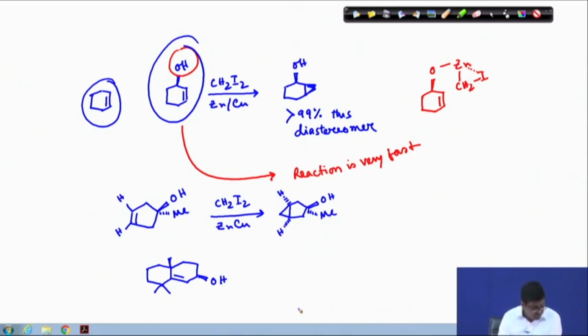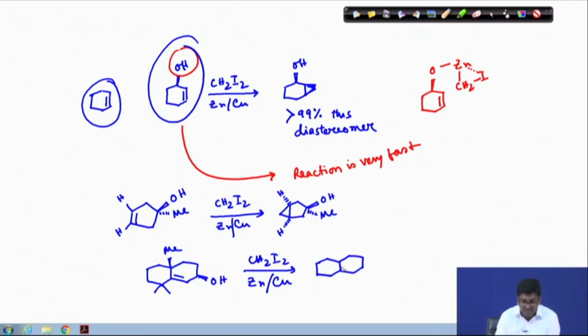Here also you see, very interesting, because in this case also under Simmons-Smith conditions, the product that we will get is again the heteroatom-guided product, here the hydroxyl-guided product,